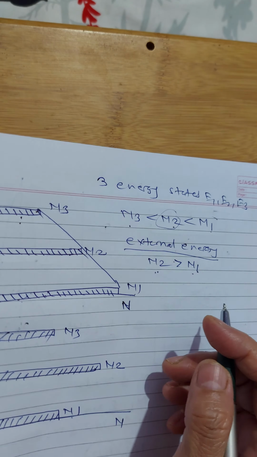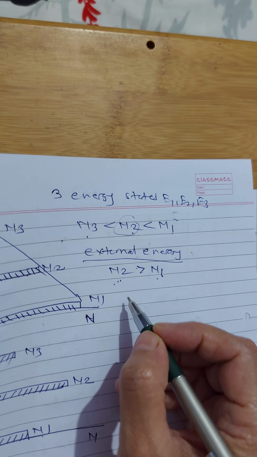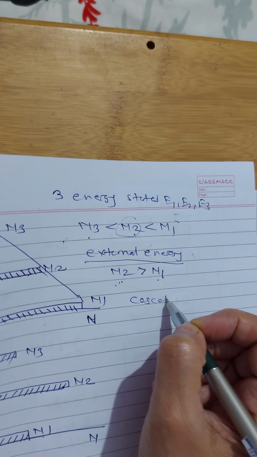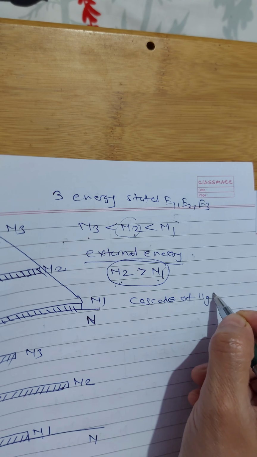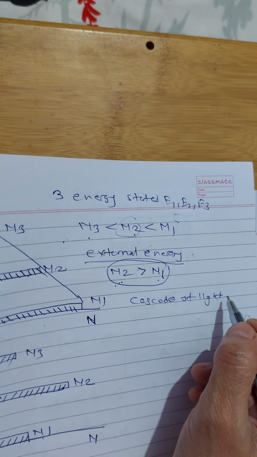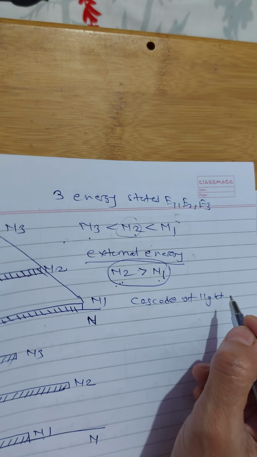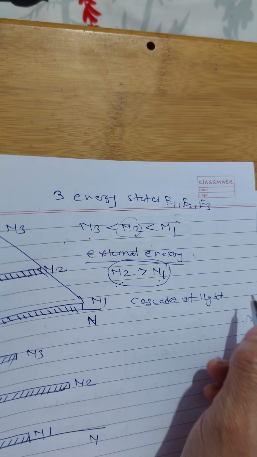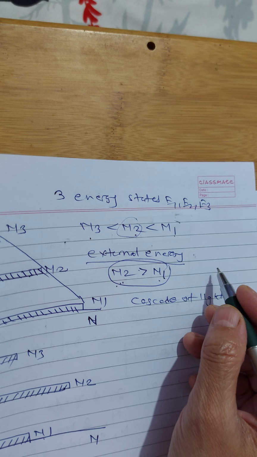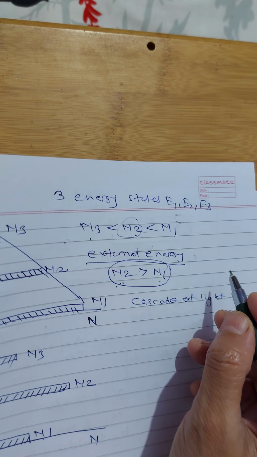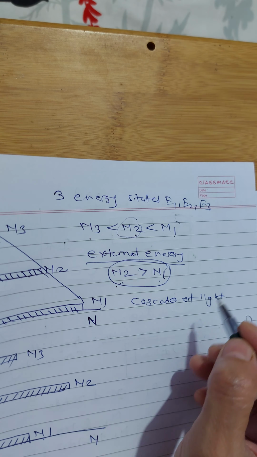Now under this condition, the stimulated emission can produce a cascade of light. Why? Because we supplied energy and we achieved N2 greater than N1. So we'll get a cascade of light, and the first few randomly emitted spontaneous photons trigger stimulated emission of more such photons, and those stimulated photons induce still more stimulated emission, and this will keep on going. So as long as the excited state